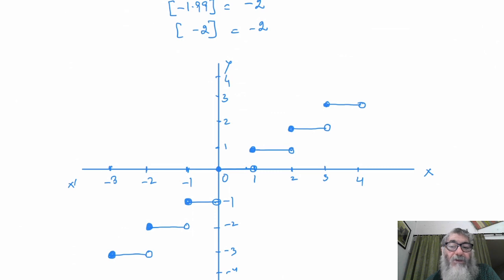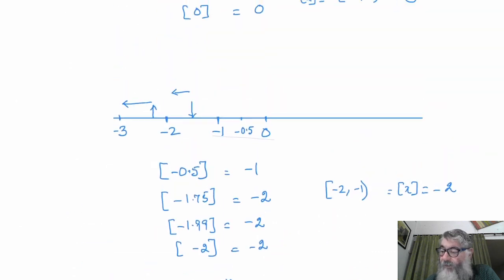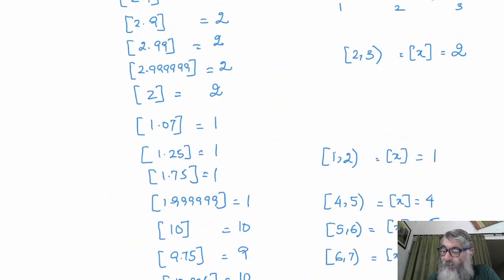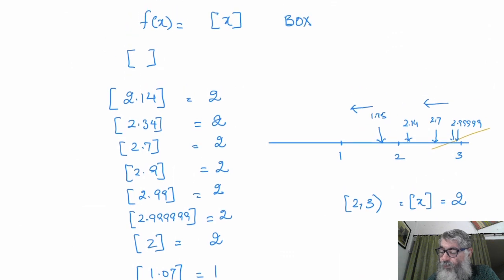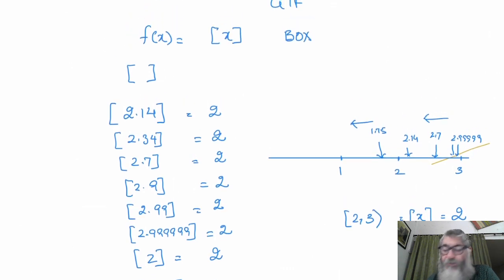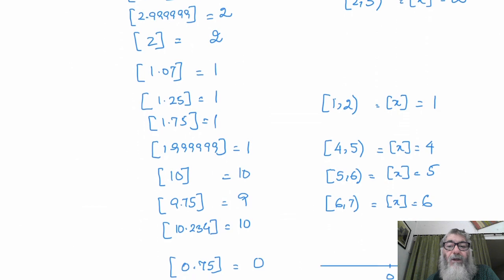Domain is set of natural numbers because all natural numbers can take, and the range will be only integers. Range is set of integers because on y, what will you get? What are you getting on the y side? You're getting 2, 2, 2, 1, 1, 1, 4, 4, 4, 3, 3, 3, 0, 0, minus 1.